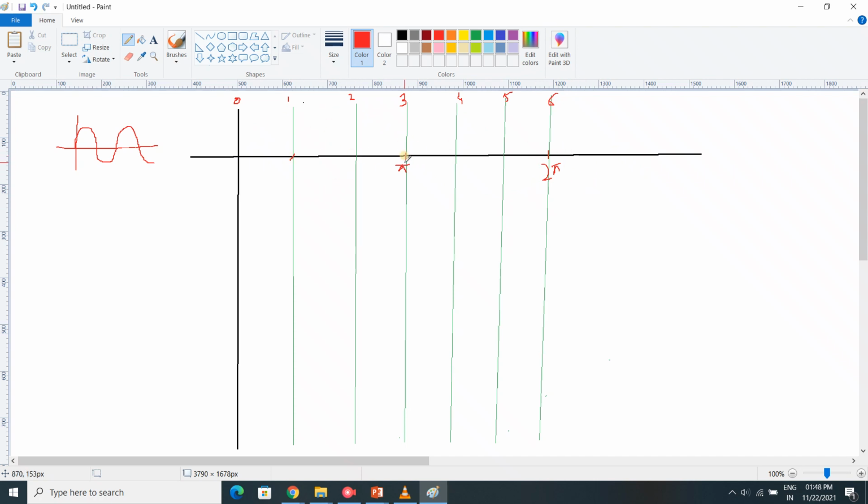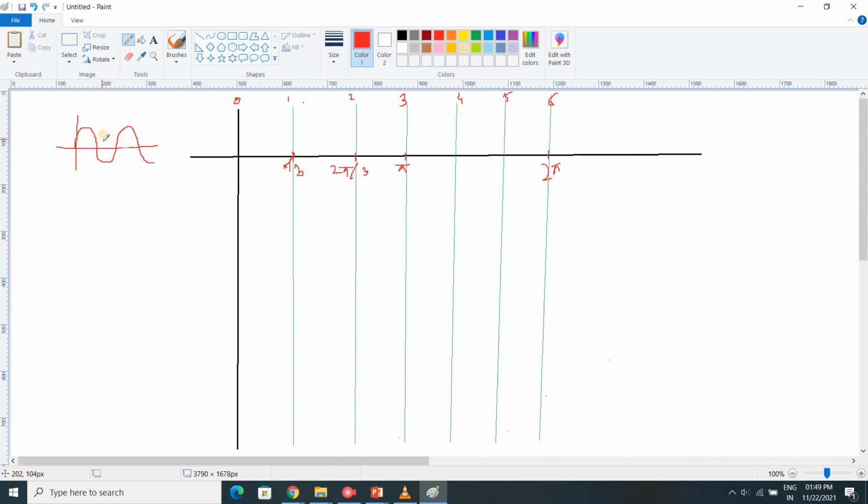So what is this angle then? If I have divided into 6 different segments, if this is pi, what is pi in degrees? 180, sir. 180. So this one will be 60, sir. 60. So that is pi by 3. If this is pi and this is 1/3, so this is pi by 3. Pi by 3 means 60. This is 2 pi by 3.